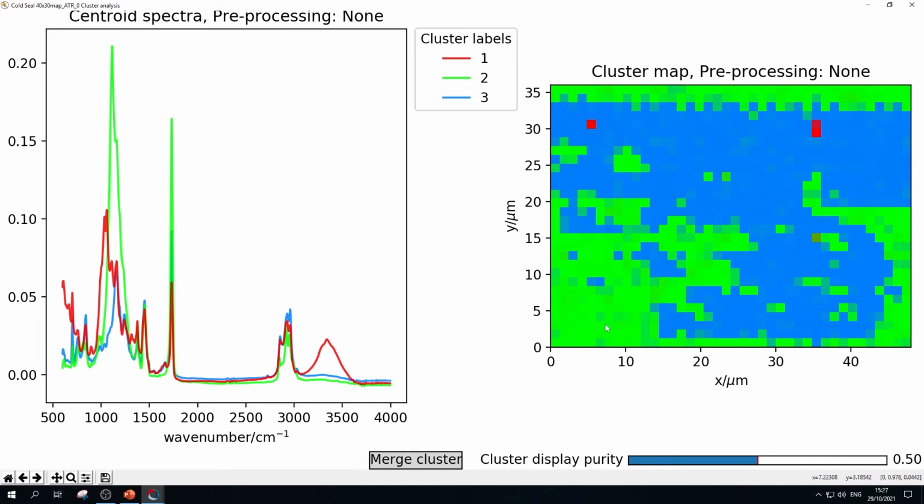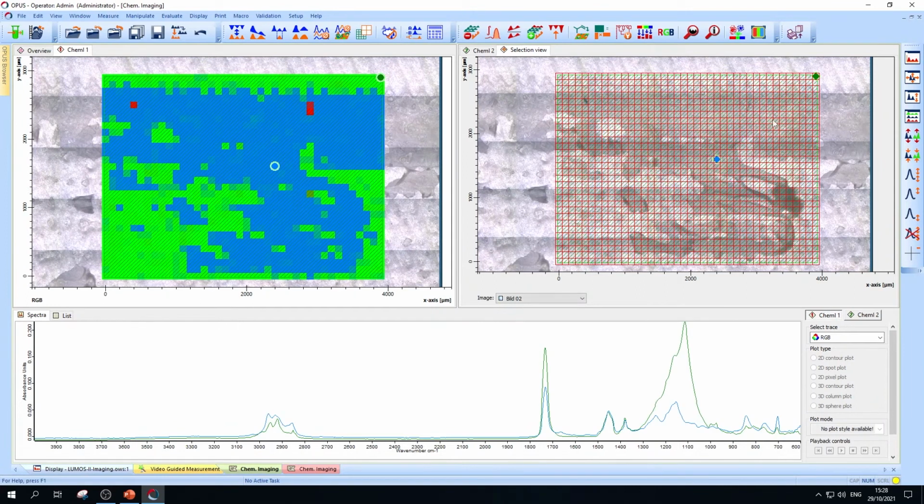where we see exactly in green the distribution of the foil. In blue, we see the distribution of the cold seal, and in red, now it is pretty interesting to see, this is the distribution of the possible damage maybe. So therefore we have a look, click on a certain red part in here, and we see really it is a chemically different substance in here. So this is really the way the algorithm is evaluating in a very quick manner chemical differences within a huge mapping grid.